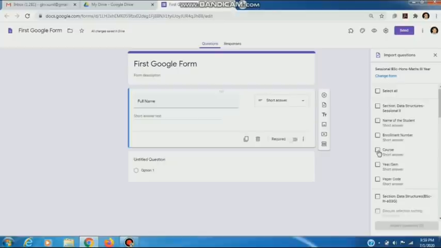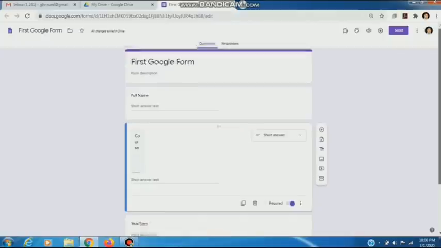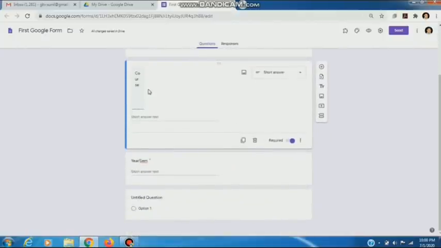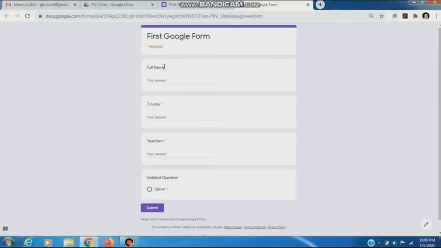Suppose I select course and year, two pieces of information, and import these two questions. Then these two will appear here, course and year. It is not appearing here properly, so we can look into it in the preview section. The first question we have added is full name. The second question, course, we imported from other Google Forms. Third is year, which we have also imported from other Google Forms.